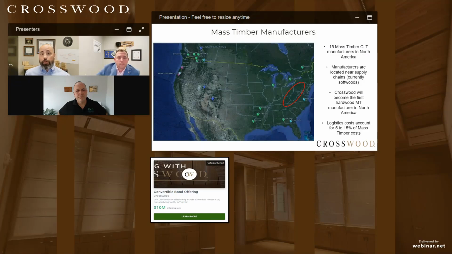And so it's no small feat to retool, to change everything about your manufacturing process to pull in a new lumber supplier. So we're not worried about that at Crosswood, but we are very optimistic that we will not be the 16th and final mass timber manufacturer, and that we will not be the only hardwood mass timber manufacturer in North America.